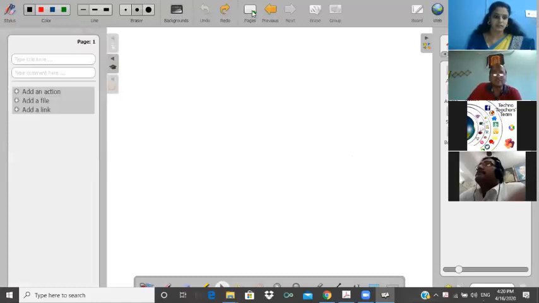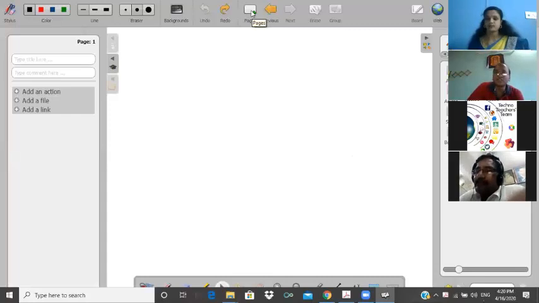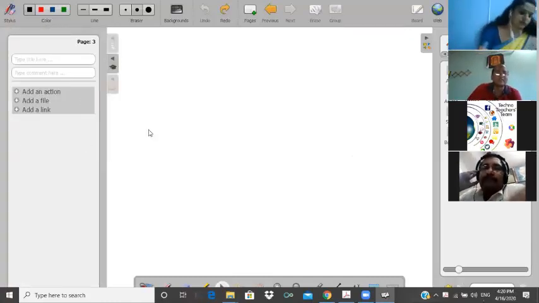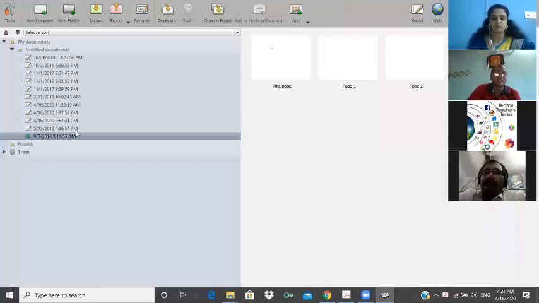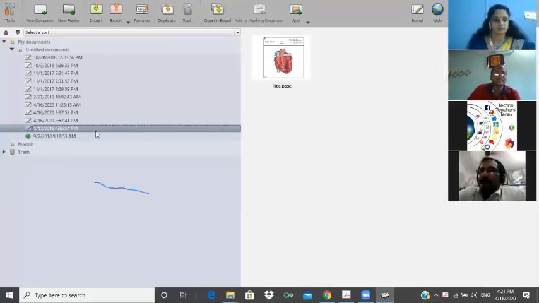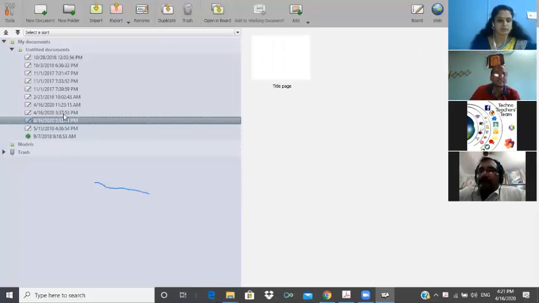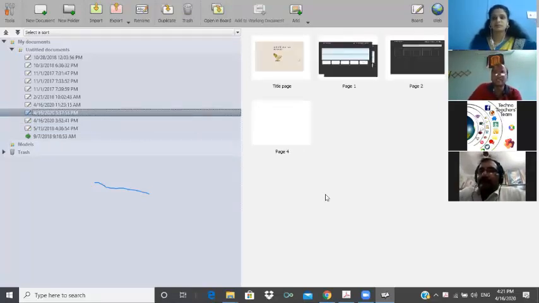Here is an option. Look at this one, sir. I am creating one page with two sets, A and B. That is a document. Now I am creating another document, page number 2. I am creating another document, page number 3. These are here in these places. Whenever we save anything, it will be saved as a document. Later we can see by clicking this one. For example, see this one. These are all my creations.